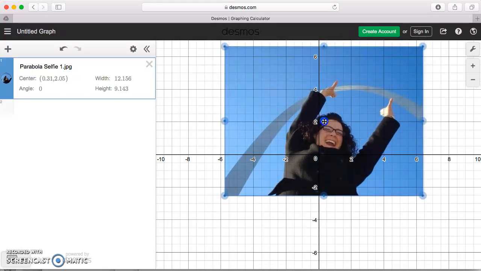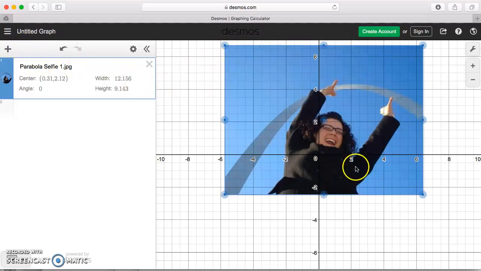This part just takes a little maneuvering in order to get your Parabola Selfie in a position where you have clear vertex points and another clear point. I've moved mine around and I'm identifying my vertex right here at 2, 4. Once you've identified your vertex and another point, I have another point right here, you will go